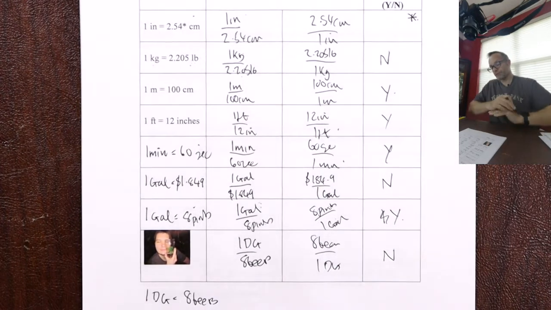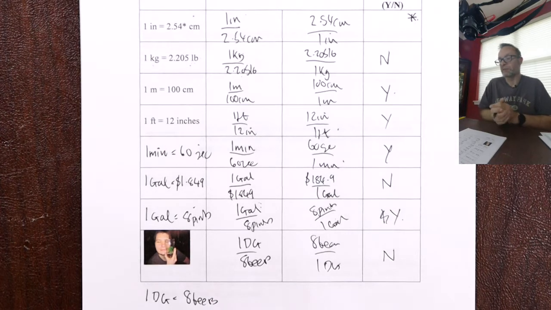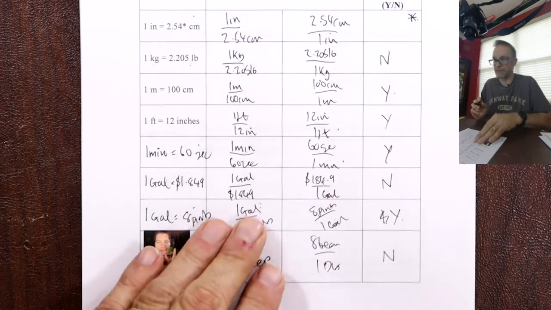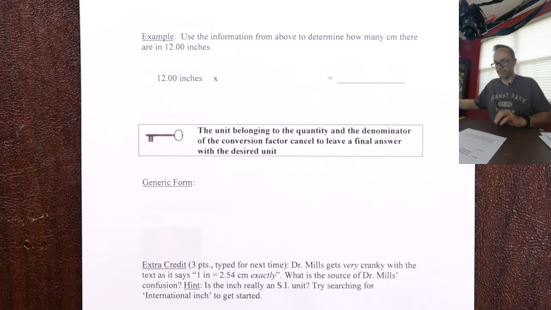Okay, so there we go. So those are some conversion factors, and yes or no whether they're exact. Remember, generally speaking, they're exact if they're in the same family, imperial or metric, but between families, generally not. One weird exception is here, which we'll talk about in a second. Okay. Now,